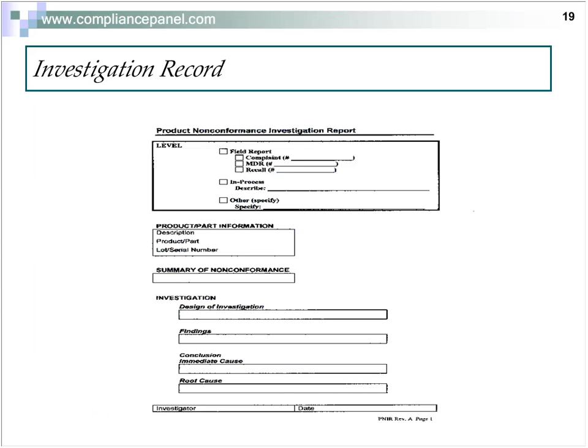The first field is level, which is: from where did this corrective action originate? Was it from the field? If so, what is the complaint, MDR, or recall number? Was it in process? If so, describe. Other, always got to include other, because when you design a form or a system, there's always going to be something that you haven't anticipated. I can tell you that at worst, I can recall maybe 1 or 2 times in the last 12 months where that other box has been checked. So I guess it shows that we need to include that.